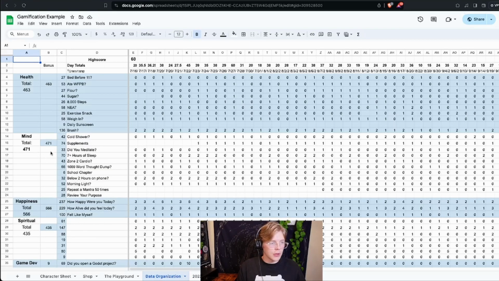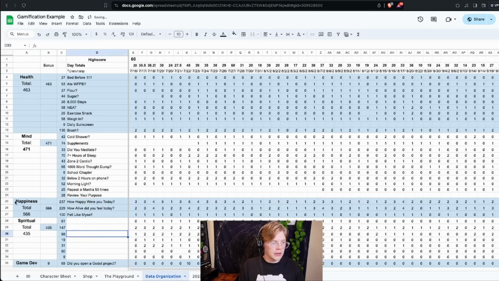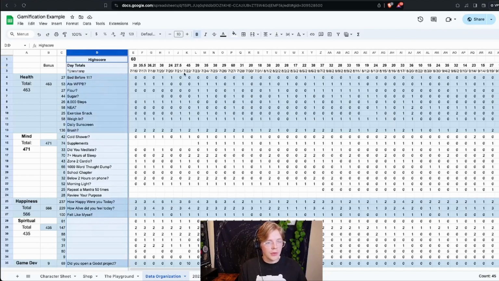So I have this data organization tab, and up here in this cell, there's a transpose function, which just turns it into columns instead of rows. But that also means if you put anything in it, it's going to break it because it's trying to write stuff in there. So you have to leave this sheet mostly alone, or at least from column D to the right alone. So whenever you answer a day, because basically I do it at the end of the day,